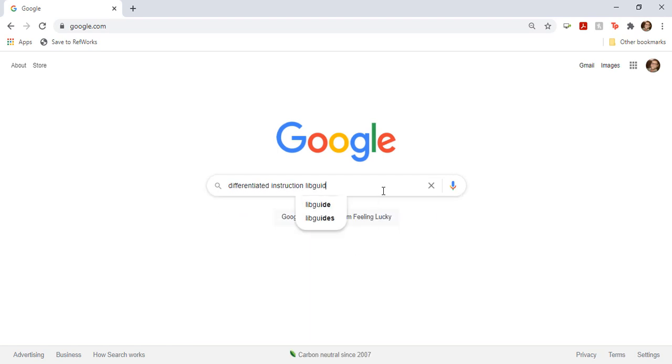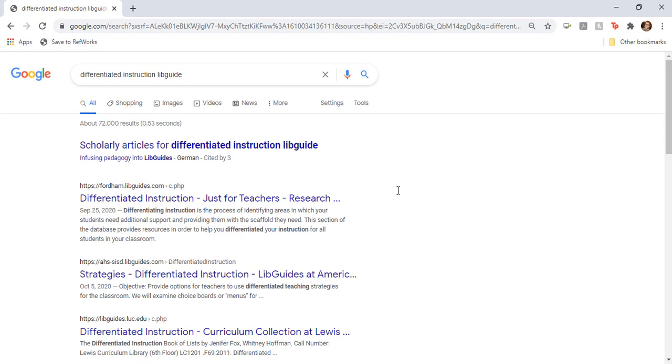is LibGuide. Now, LibGuide is really kind of a librarian term. It's really referring to a service that many libraries use to build their websites and to build subject and course guides. It's what our own website is built using. But if you include it as a search term, it's a great way to find these guides for specific topics. So if I go ahead and complete my search